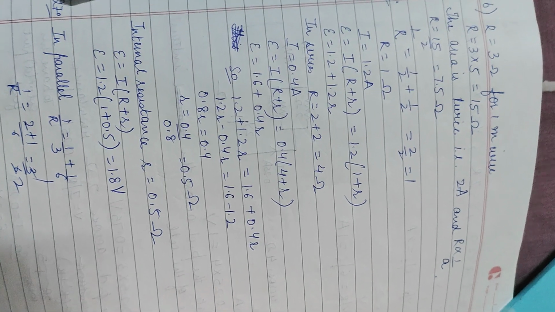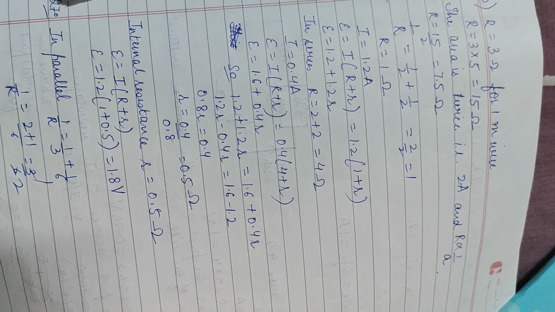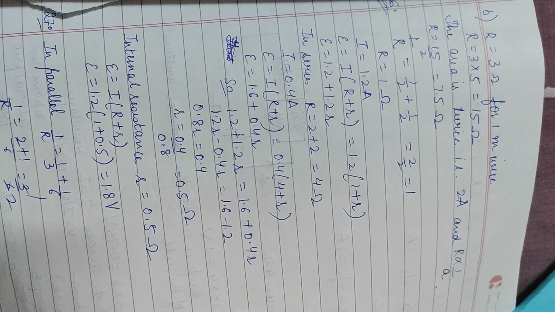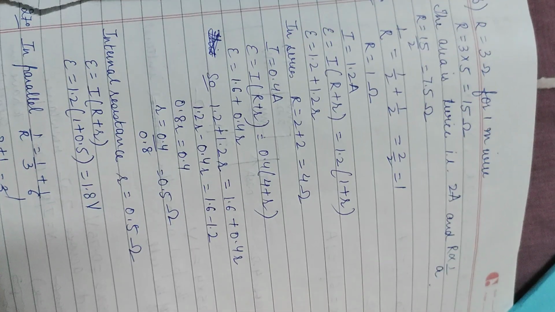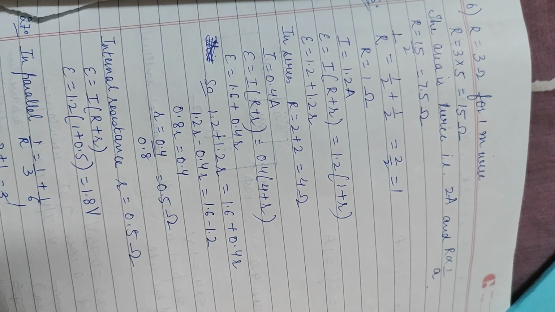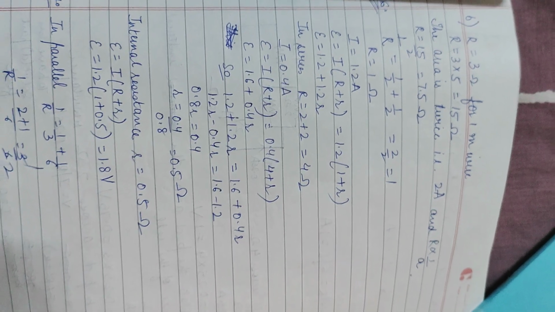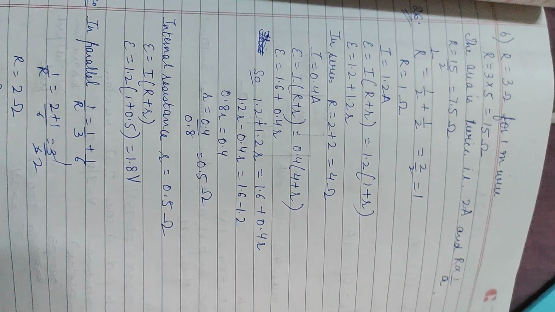Then they are asking us the potential difference of the battery across each of the 1.5 meter long lengths which are connected in parallel. So we have to assume that the internal battery value is 0. So what will be the voltage? This part I skipped here. I will solve and discuss this part in the class.